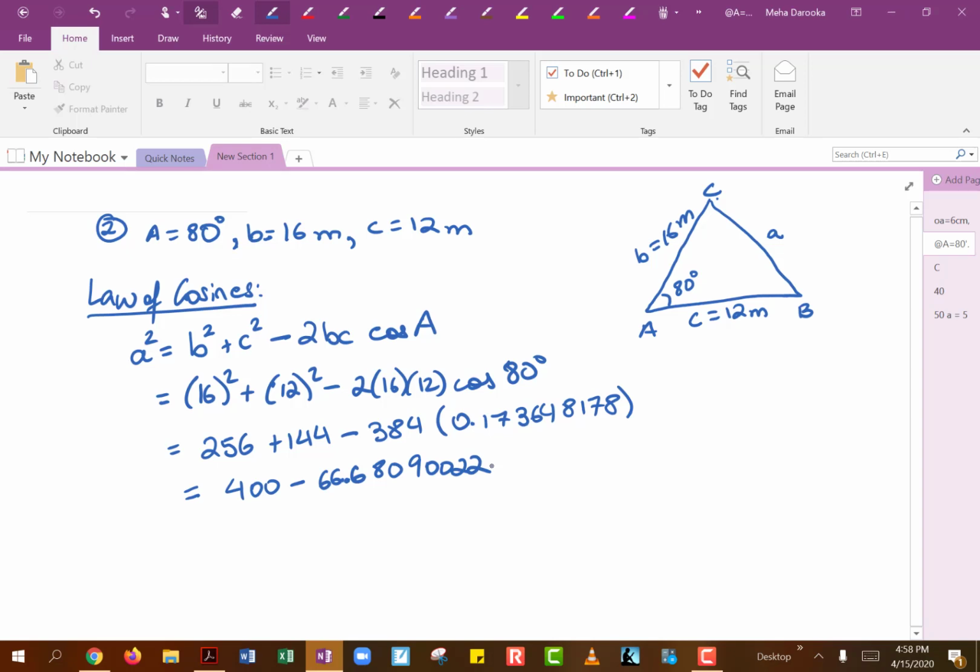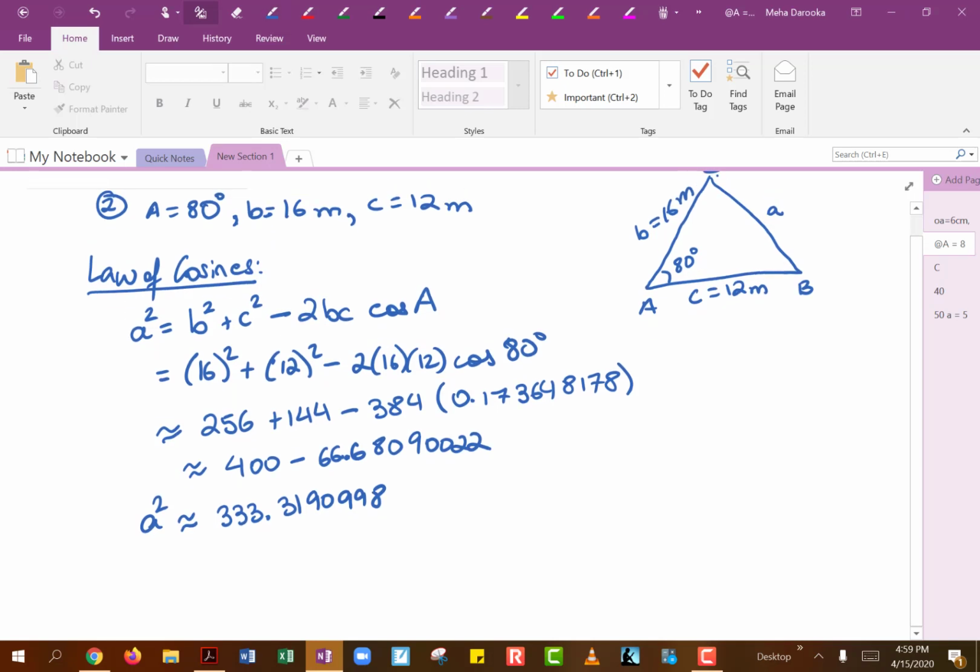And again, you really don't have to break this down, but basically your A squared will be an approximate value. We've actually been doing approximate values starting from here. So when we take 400 minus the 66.6809, you are going to get 333.3190998. And again, since we are only interested in positive answers, since this is the measurement of a side of a triangle,